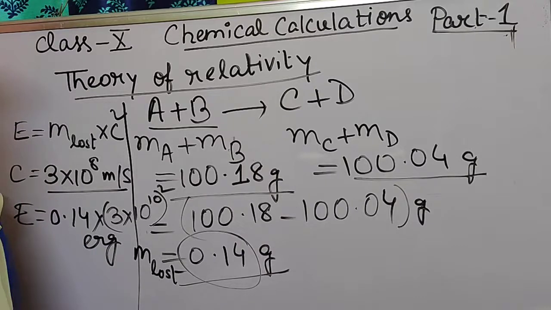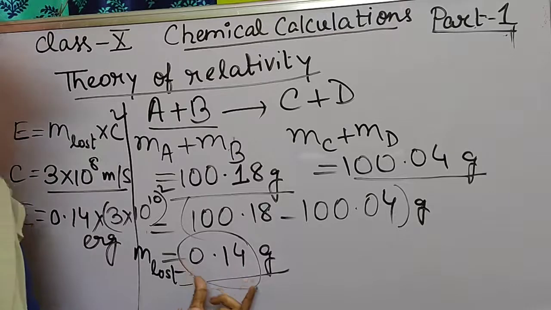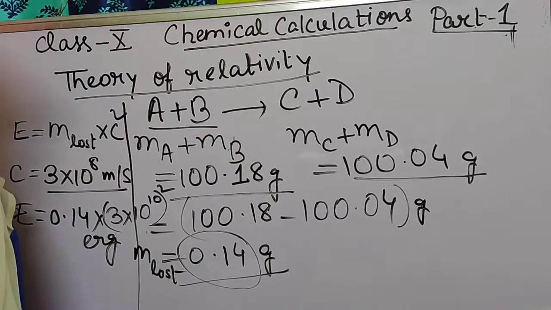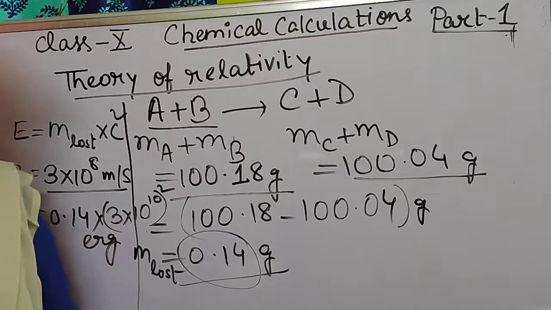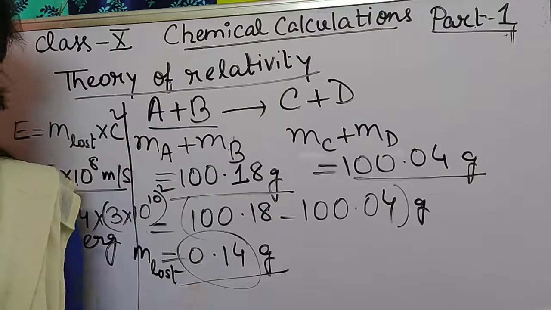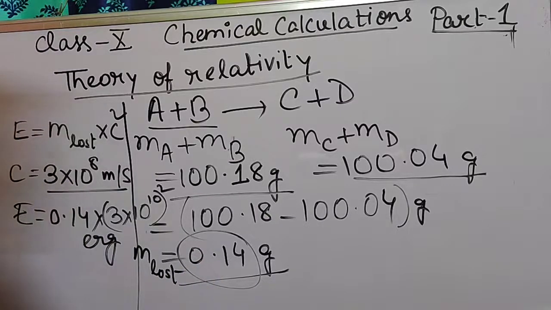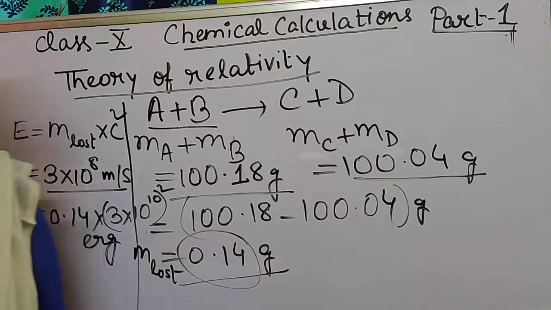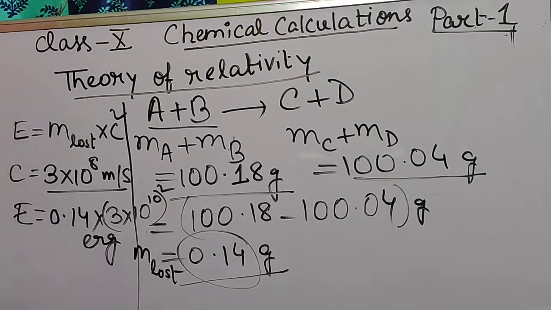It is having a very low amount. It is having a very little amount, so this mass could not be calculated by using any weight machine, just like a spring balance. We normally use a spring balance to calculate the amount of mass, or any digital machine. But the mass is so small that it could not be detected properly by any type of weight machine. So that's why this amount of energy could also not be calculated properly. So this is the theory of relativity given by Sir Albert Einstein.